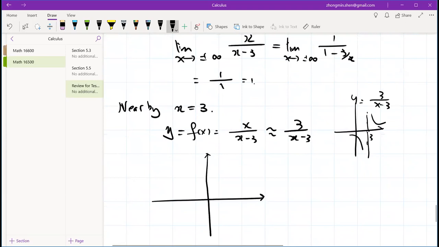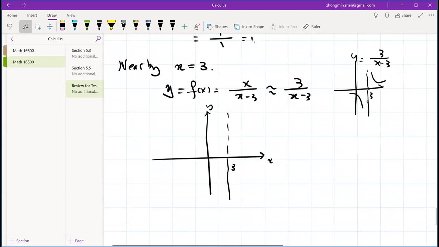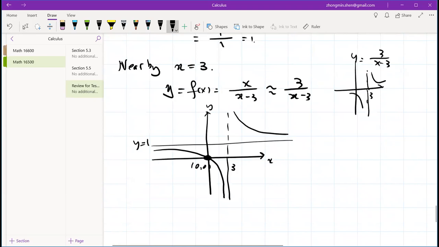Okay. This is the x-axis. This is the y-axis. So 1, 2, 3. This is the line x equals 3. Okay. And I also have a horizontal line. This is y equals 1. Okay, so nearby the vertical line, this graph looks like the one on the right-hand side, right? So it is clear to me I should draw the graph like that, and it intersects at this point, so clearly it must be like that. Okay, because this is the intersection point. Okay,